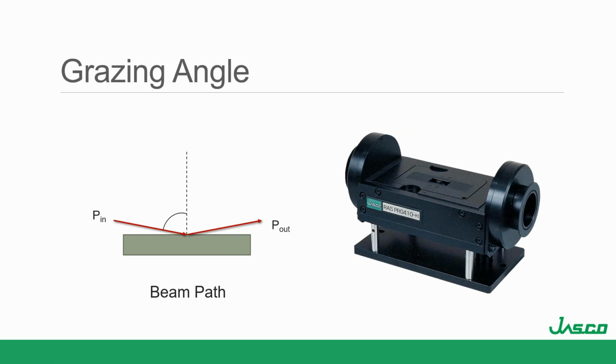And so grazing angle is very close to specular reflectance, only it's got an 80 degree and higher incidence angle. So it has a really shallow angle of entry. And you can imagine this will actually interrogate more because you're looking at a more shallow base. So you're looking at more of the sample on the surface. This is really good for extremely thin films. It's usually low concentrations, we're talking monolayers to multilayers. And a lot of times you have to use MCT in conjunction with it.